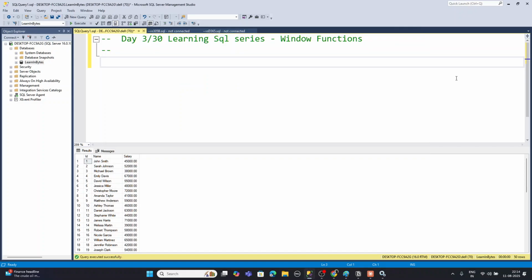Day 3 of 13 Learning SQL series. Today we will talk about window functions. Not all the window functions, just ROW_NUMBER, but today would be the start of the introduction to window